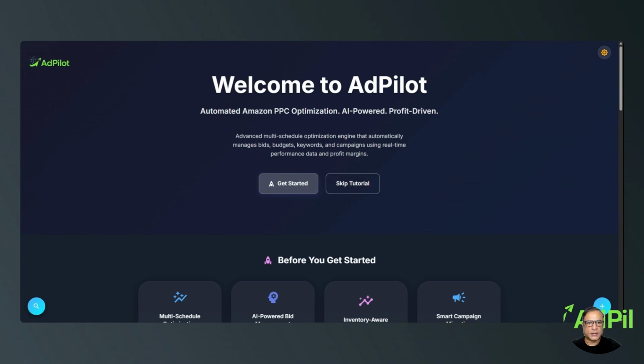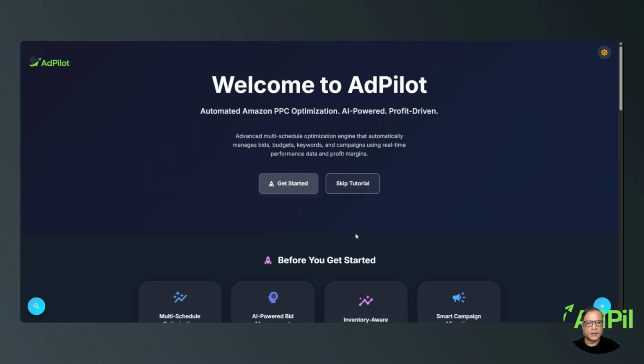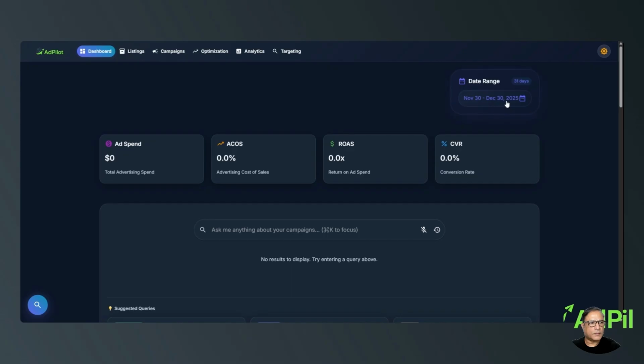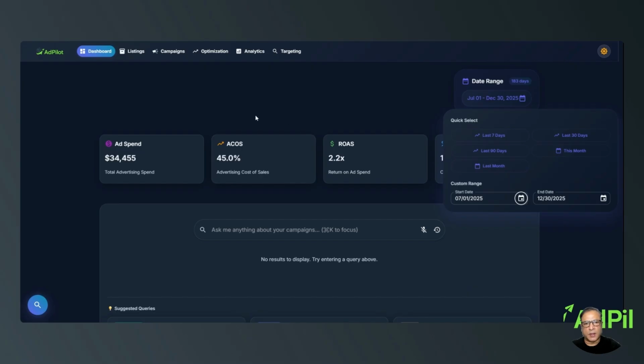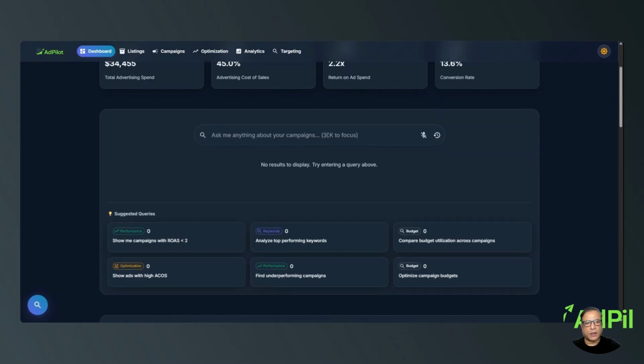You see, this is the landing page. Here are the features, getting started videos. Let's get into the meat of the application. I'll change the date range so we have some data to look at. So you'll see common metrics over here. And this is our